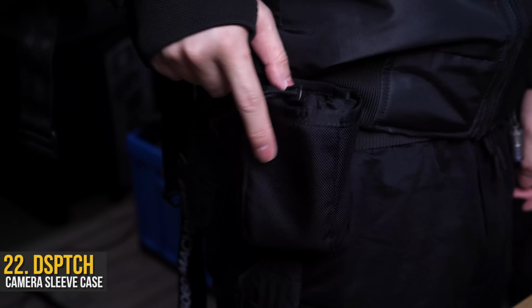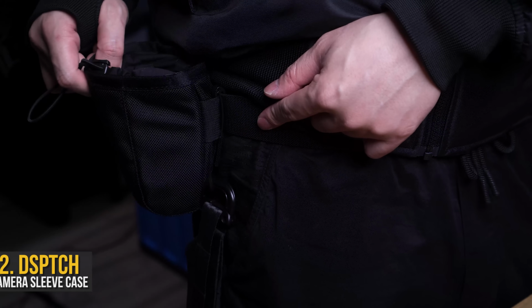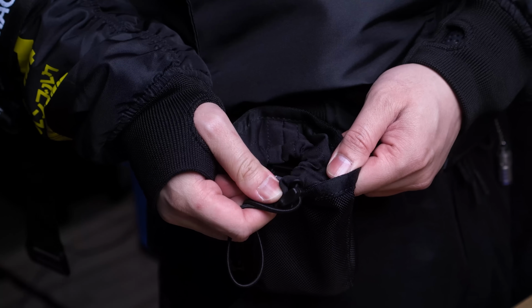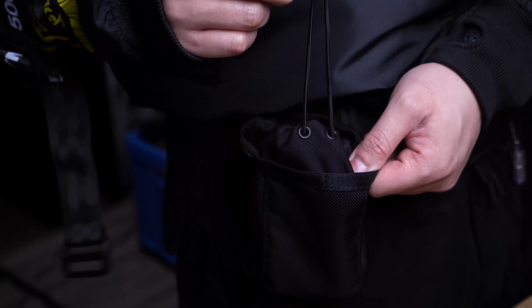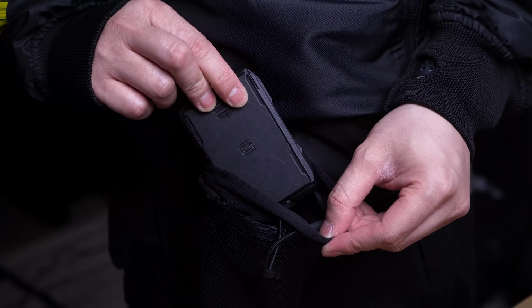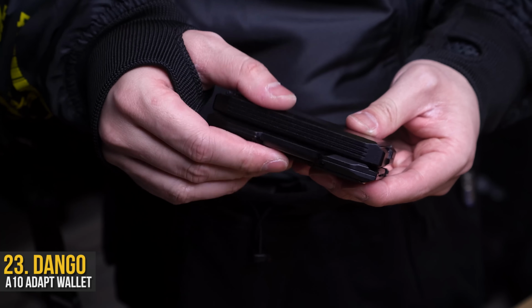However, you didn't think it was over yet, did you? Because the future does understand that belts are the most ideal place to store things, and that's why I've attached another DSPTCH goodie, their camera sleeve case. Except in this scenario, we're not storing any cameras, but we are benefiting from the extra padding it provides for everything inside. Like this, a staple for us all, the wallet of choice goes to the Dango A10 modular series,